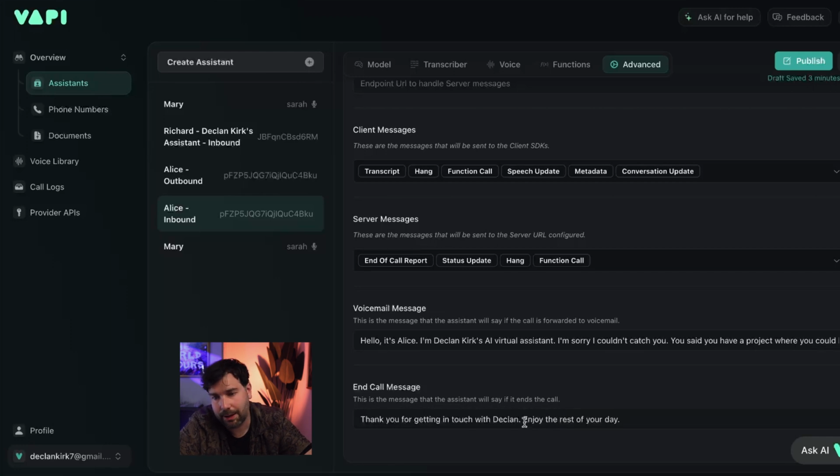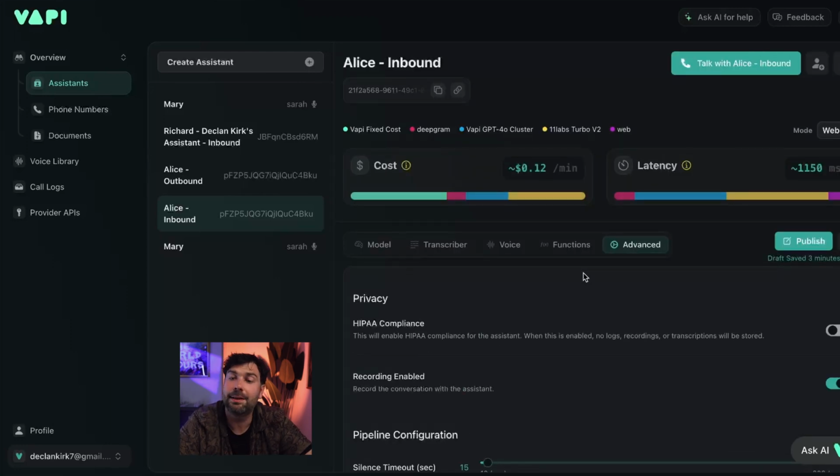Now the other thing, just to look at very quickly, is that you can see here we've got this set to web at the moment. So that's if you make a call via the website. However, if you're maybe making a call via Twilio, you can see that it actually increases the cost and slows down the performance. So it's a slightly different area there. Instead of it costing 12 cents per minute, if you go to Twilio, it makes it 14 cents. And then the latency as well, so it actually makes it slightly slower using Twilio, which is obviously a phone call. But yeah, that's that.